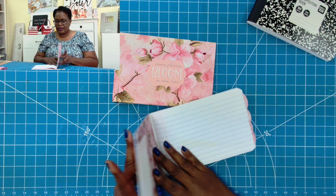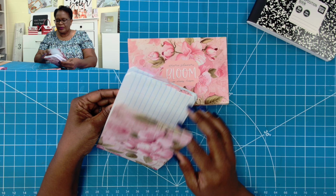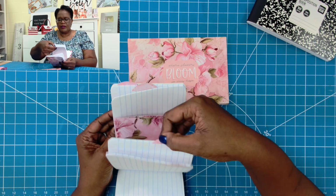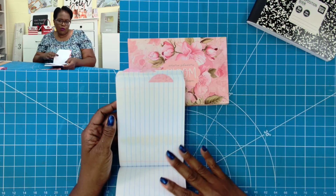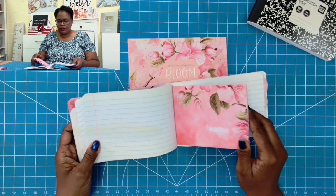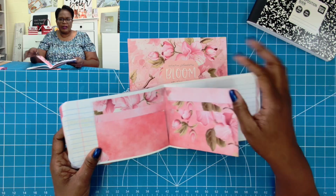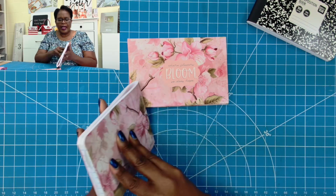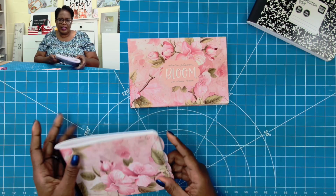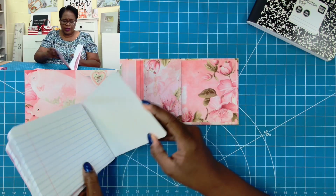I'm going to open it so that you can see what I've done on the inside. I have a little tuckable spot here. And then I added some tabs. For those of you who haven't seen this part of the process, we'll walk you through that as well. And then here in the middle, I have a nice little folder. When we open it, we have a pocket here and a pocket here, so we have 2 places where we can tuck. I didn't put anything on the back page because this is my slider page and I wanted to keep it pretty clean and neat. So I'm going to take this and slide it